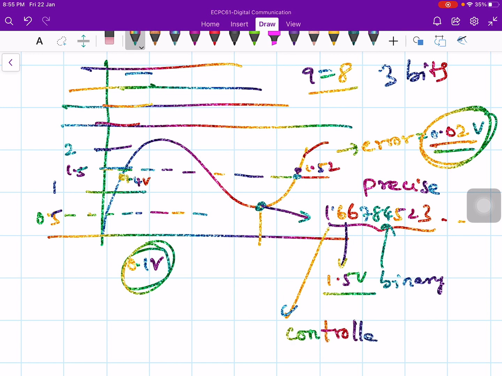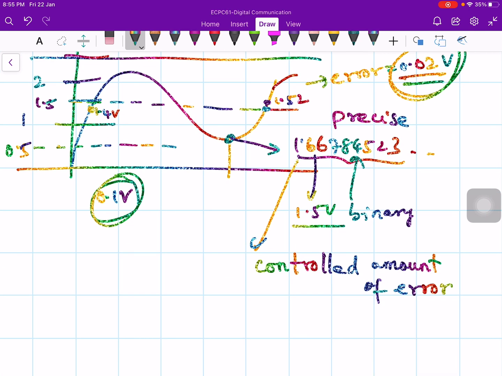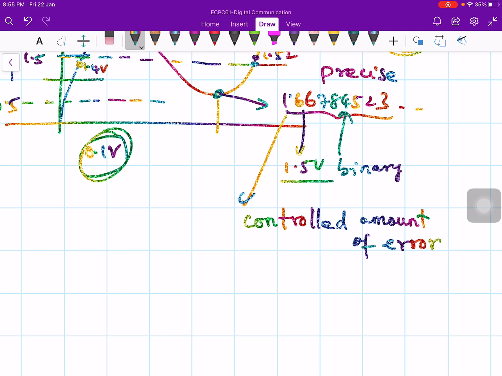Whenever you have some control, then it is not an issue. If something is not under your control, then you cannot do anything about it. If something is under control, there is nothing to worry about. So it is a controlled amount of error, which you can control by looking at your requirement and deciding how many quantization levels to use. If the error is somewhat higher, you can increase the number of quantization levels. If you are constrained by bandwidth or some other factor, then you can reduce the number of bits or quantization levels.